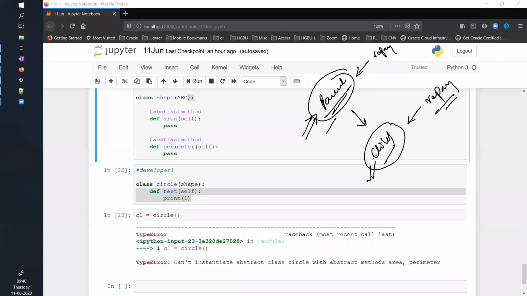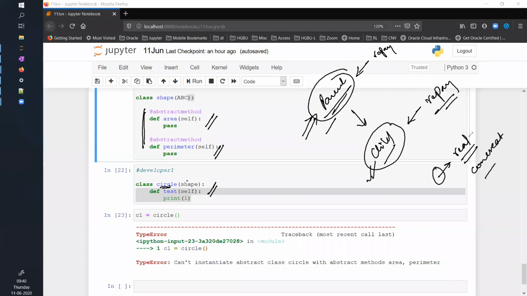So if I'm saying this is of type Shape, then this Circle class is responsible to implement these two functionalities. Otherwise, you will not be able to create an object. Whenever I say object, I'm saying this is something real, something concrete.